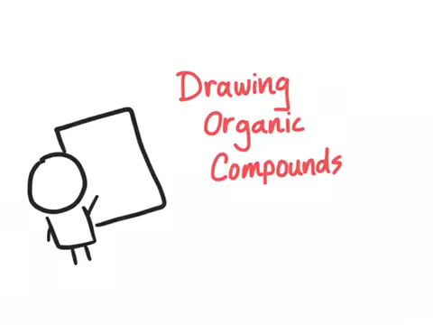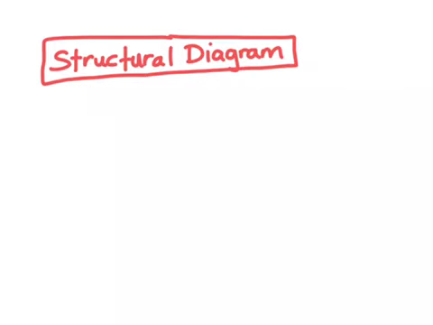In this video, we're going to look at the 3 different ways we can draw organic compounds. The first way we can draw organic compounds is using structural diagrams. In a structural diagram, every single atom and every single bond is shown. For example, if we wanted to draw propane, C3H8,